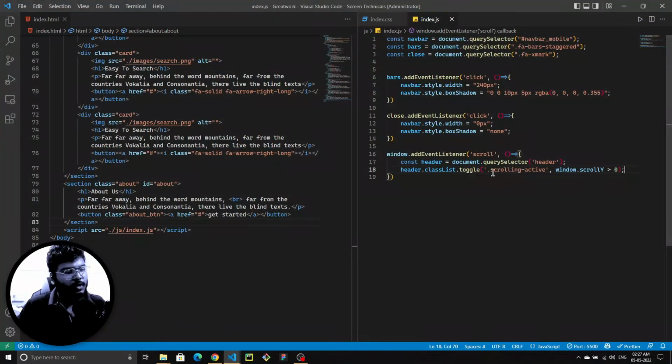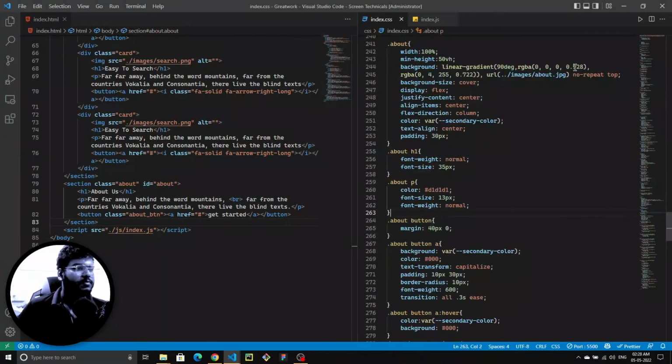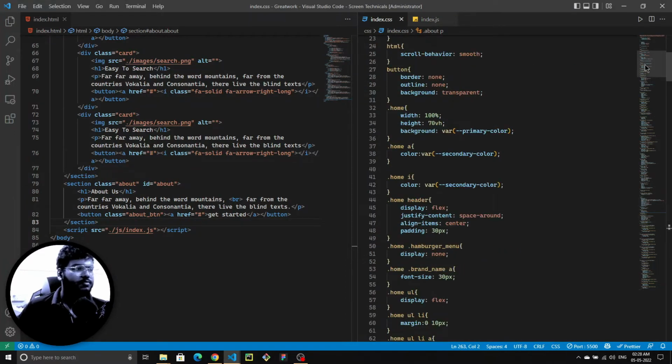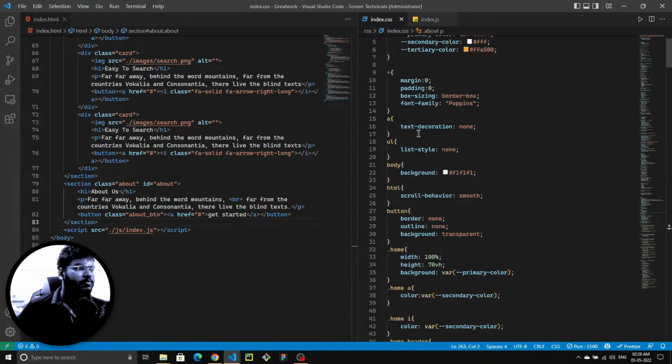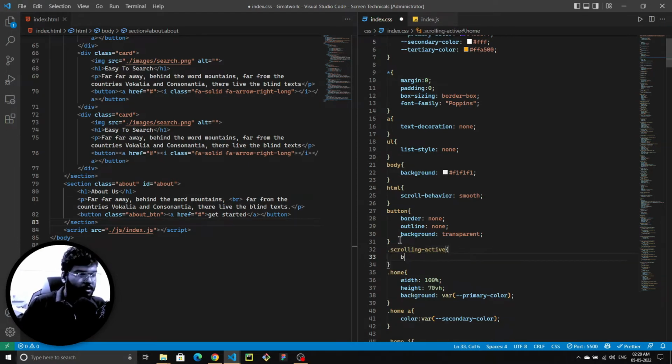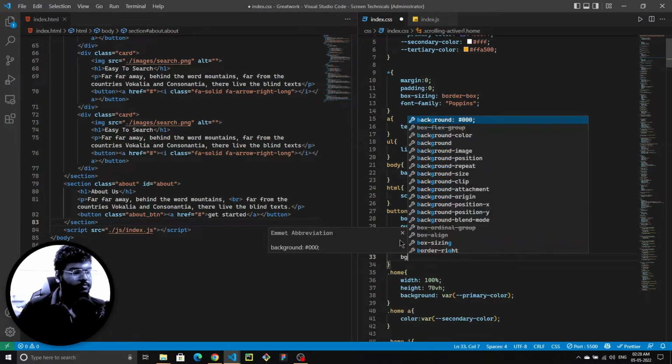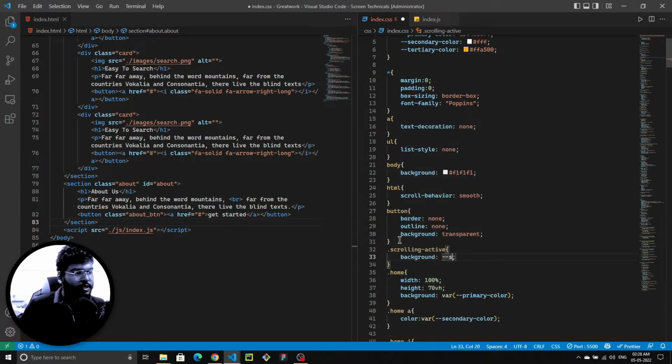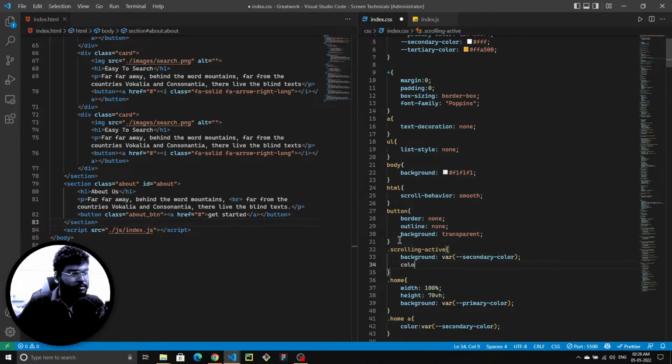So let's create this class, copy this thing, go to the index.css, to the top of these things. So after this button, at this point I'm going to add this class, and it's going to be background, it's going to be secondary,